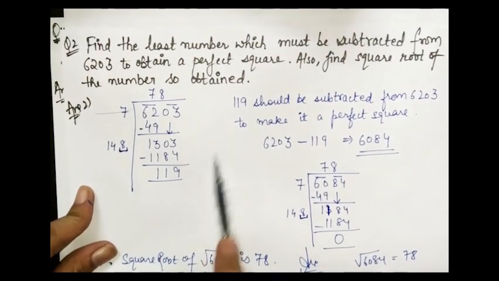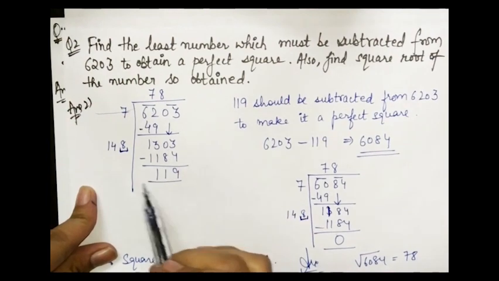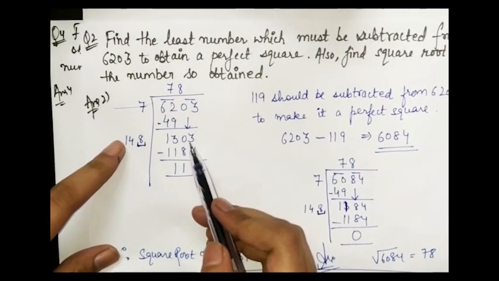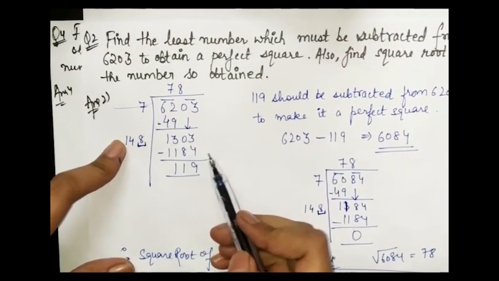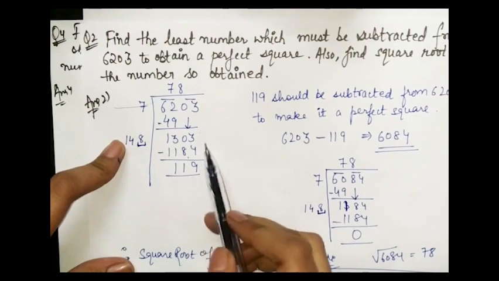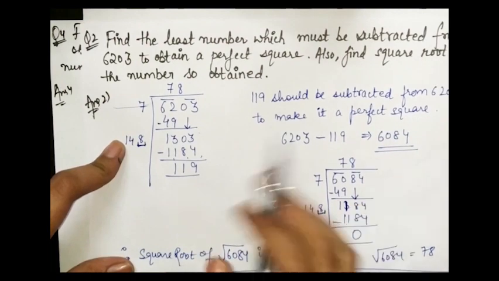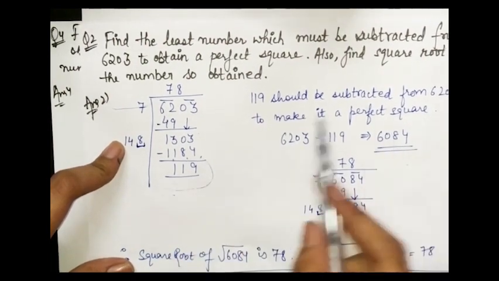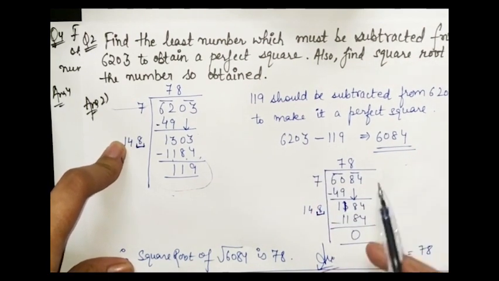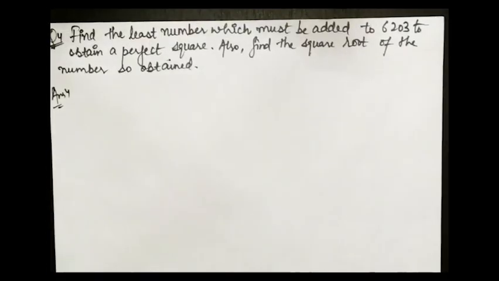First हमने उसका long division कर दिया, but यहाँ पे हमने 1303 से छोटा नंबर लिया था डिविजिबल करने के लिए, बट यहाँ पे हम 1303 से एक नंबर बड़ा लेंगे नीचे. ओके, लाइक अगर 1303 से जो भी नंबर इसके आगे होगा, फिर हमें उस नंबर से इस नंबर को माइनस करना होगा, जो रिमाइंडर आएगा उससे हमें इसको ऐड करना होगा. जो यहाँ पे हमने सब्ट्रैक्ट किया वहाँ पे हम ऐड करेंगे, और यहाँ पे फिर सिमिलरली इस नंबर का स्क्वायर रूट निकालेंगे. So let's start this question.